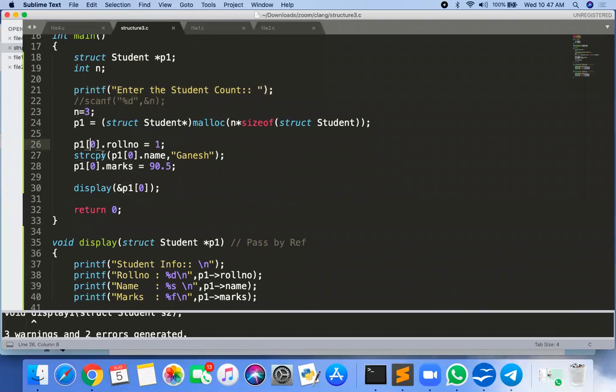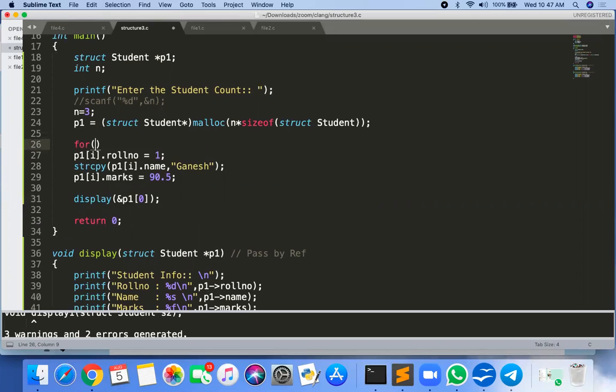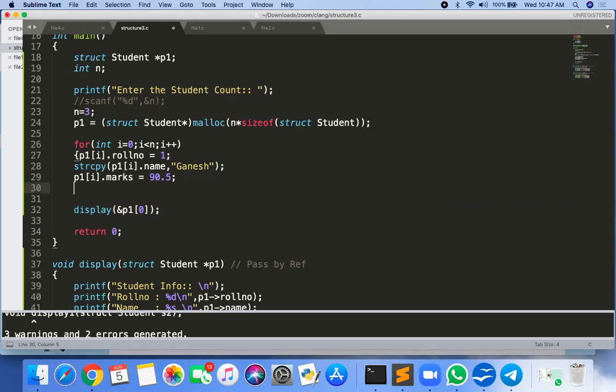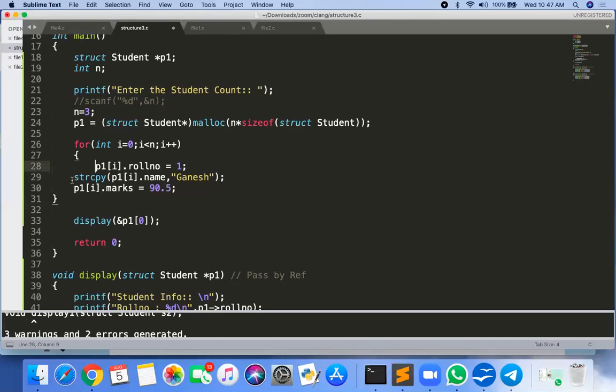Instead of P1 of 0, what you should use is I, the same technique as the previous one, P1 of I, and put all the statements inside the for loop: I equal to 0, I less than n, and I plus plus.